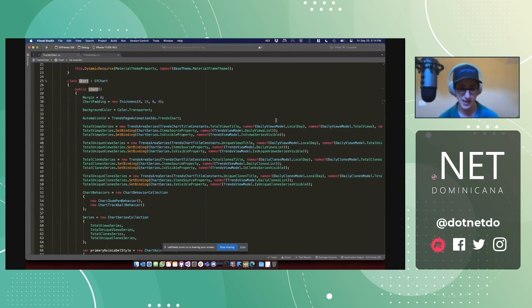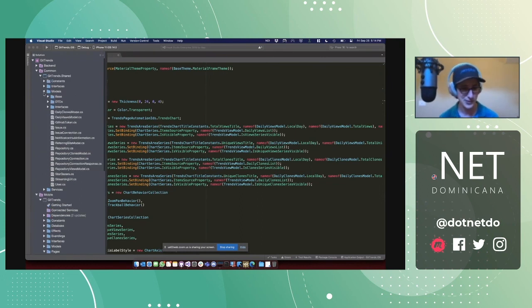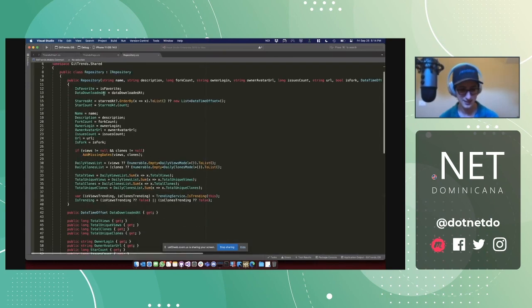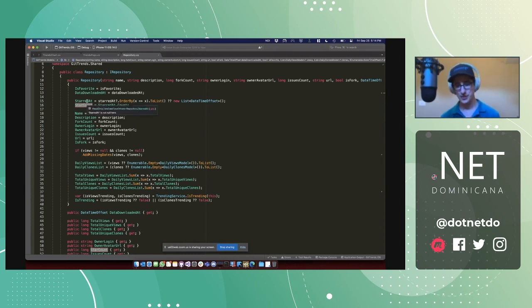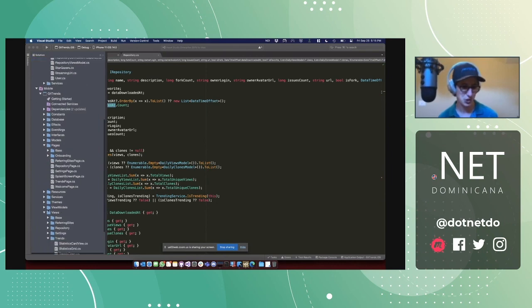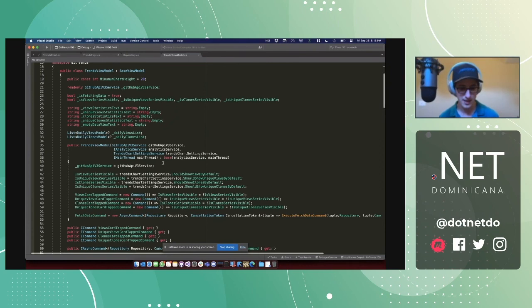So this, what's it, repository model? Where do I keep that? There we go. So we have the list of stars already being tracked in our model. And so all we'll have to do in our view model is just surface that data, essentially. So in our trends view model,